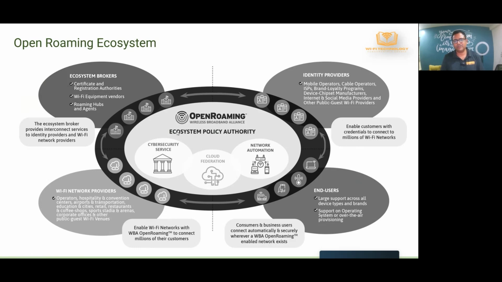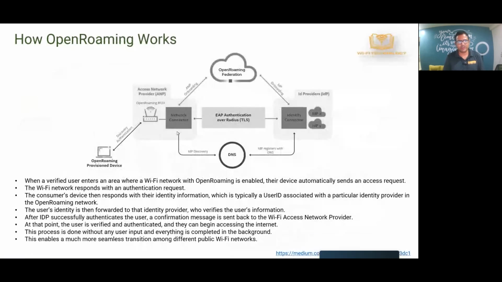So the consortium really handles the communication and the seamless connectivity between all these members. So that's the idea behind OpenRoaming. If you look at how the OpenRoaming system works at a very high level, there is the OpenRoaming provisioned device. So basically the device itself needs to understand the OpenRoaming mechanism and protocol, and then